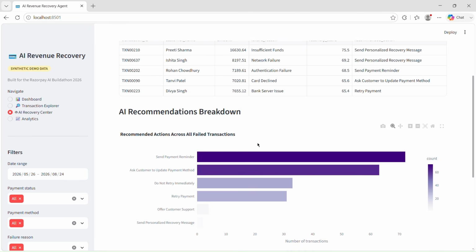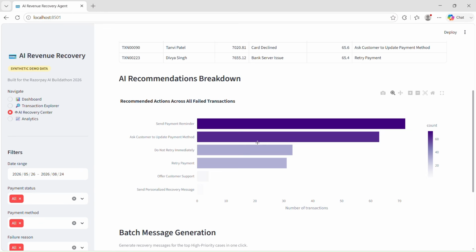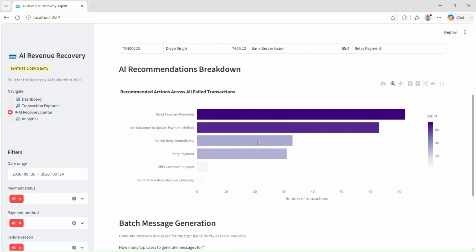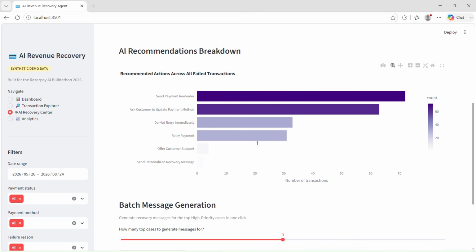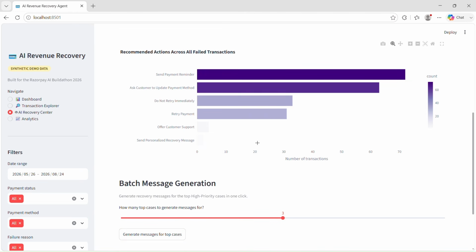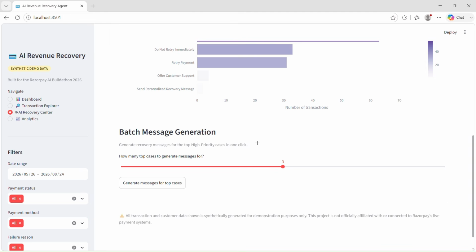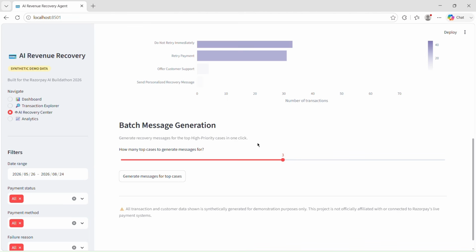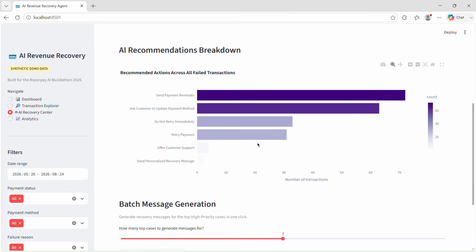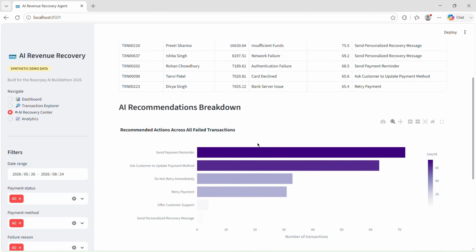In analytics, we show the ML model feature importance and recovery rate. So this is not just a UI. There is a real trained model backing the numbers with proper train and evaluation, accuracy, precision, with all logged. To be clear, this runs on fully synthetic demo data and it's not connected to Razorpay's live systems, but the architecture is built to plug in: swap the synthetic data for a real CSV, demo or webhook feed, and the priority and probability, explainable decision and personalized outreach work exactly the same way.